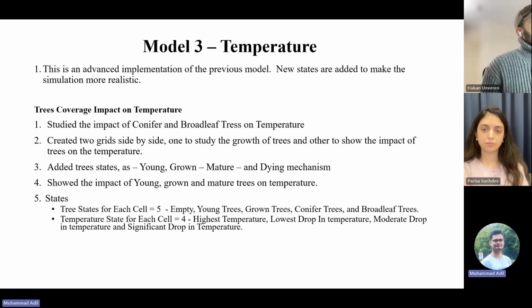So we added the trees at different and random locations. Initially, they will be very young. Then they will evolve into the next stage, which is the grown stage. And then we will also study how the grown trees impact the temperature. The next stage is the mature stage and then the dying mechanism. We also added the dying mechanism, which means that after a few steps and with some probability, the tree will start dying, and how the dying mechanism impacts the temperature,